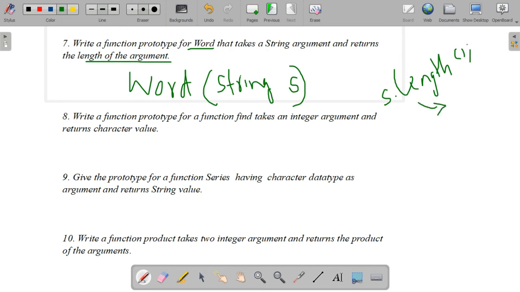So it will return an integer. Example, we are writing hi. We are writing a string as HAI, and the length of this string is 3. It will indicate the number of characters. That is the length of the string. Number of characters in the string. Total number of characters in the string. Or it is the total length of this string.